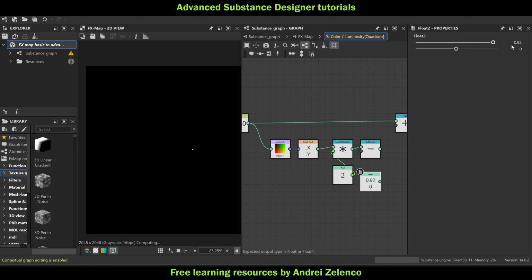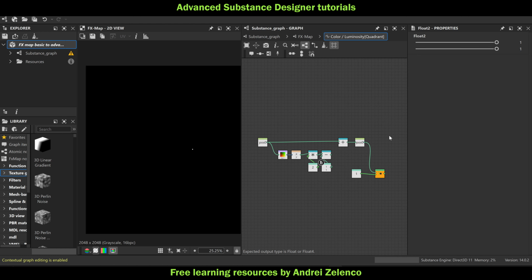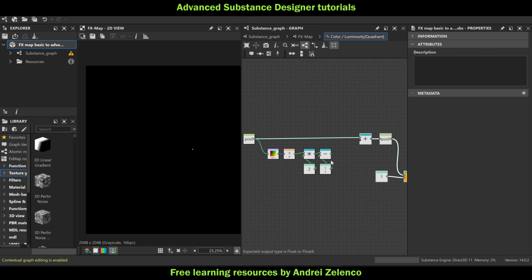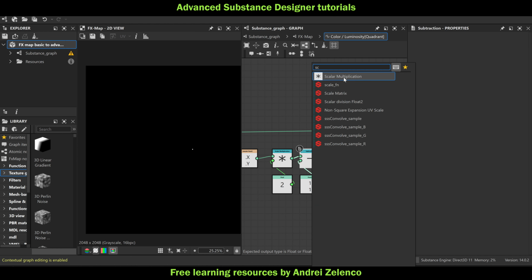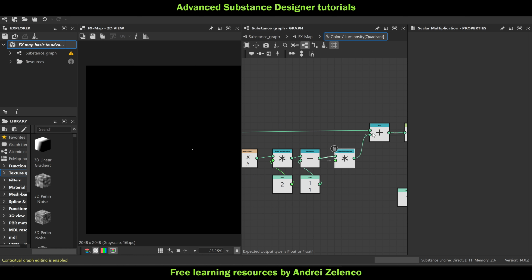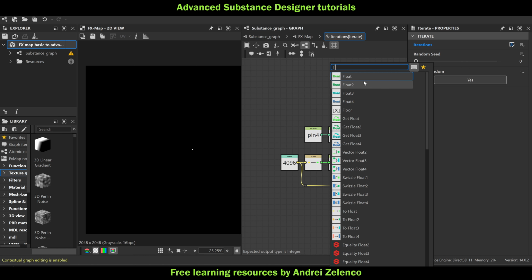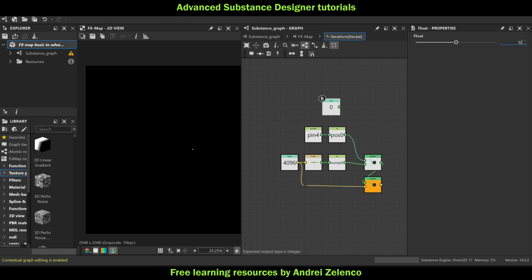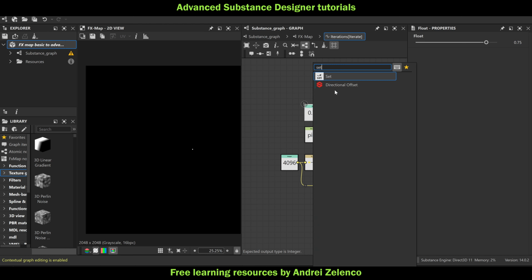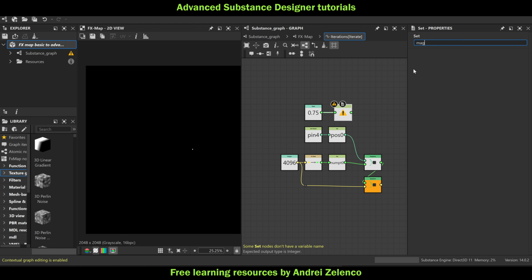One needs to be a vector, 1 and 1. And I also multiply something here. That's not absolutely necessary to do, but I'll just use a scalar multiplication. And then for this, I need to create a new variable here at the top. So here I can just put a float, maybe make it 0.75 and set it like magnitude as a variable. So set magnitude, sequence,